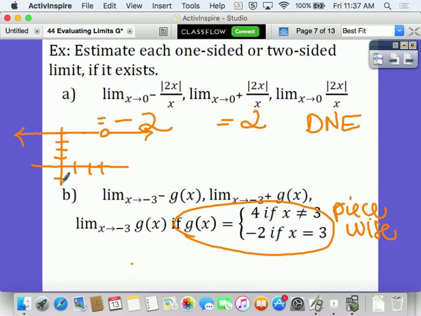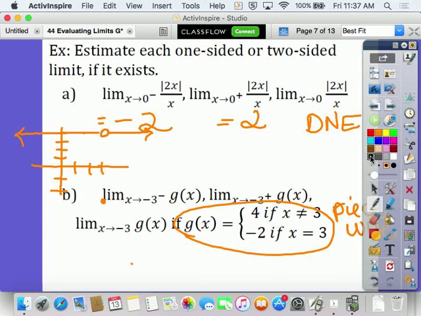But then g of 3 equals -2 is actually going to be a point at 3. Because technically it would have been a line at -2, but since it only said for x equals 3, it's actually just in that one location. So now let's take a look. As we approach,